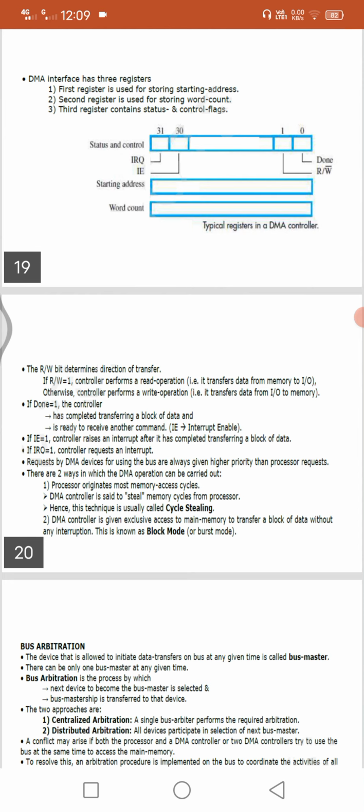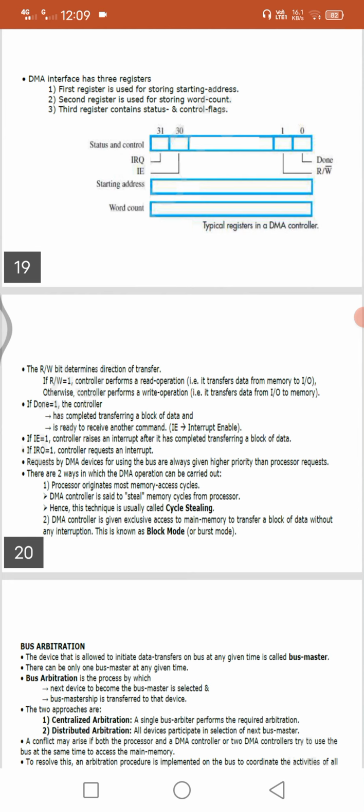If read and write is equal to 1, the controller performs a read operation. That means it transfers data from main memory to input and output. Otherwise, if read and write is equal to 0, it performs a write operation, that is, it transfers the data from input and output to memory.